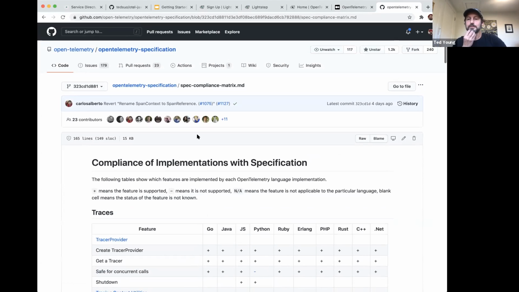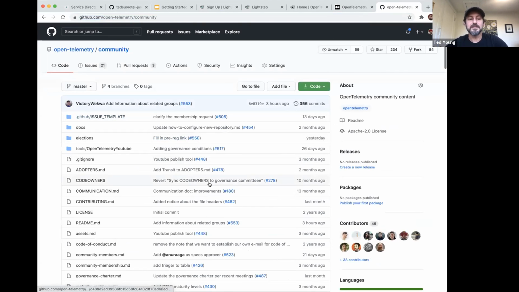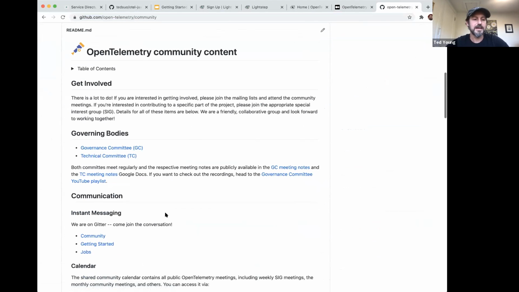So one thing we can do with our time right now is just do a quick tour of the OpenTelemetry project. If you go to just GitHub OpenTelemetry, you'll find where everything lives. If you're interested in getting involved in the OpenTelemetry community, like you're wondering how the project works, where to find all of the meetings and things of that nature, the community repo contains a lot of that.